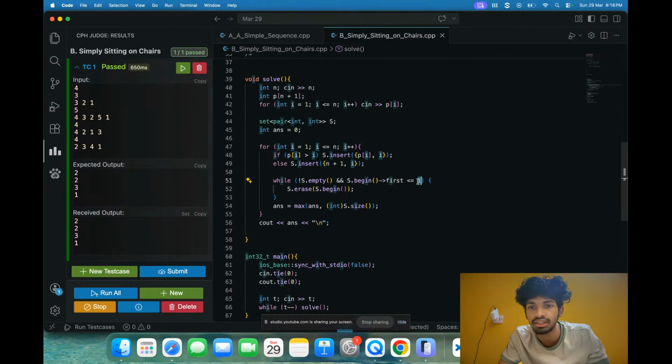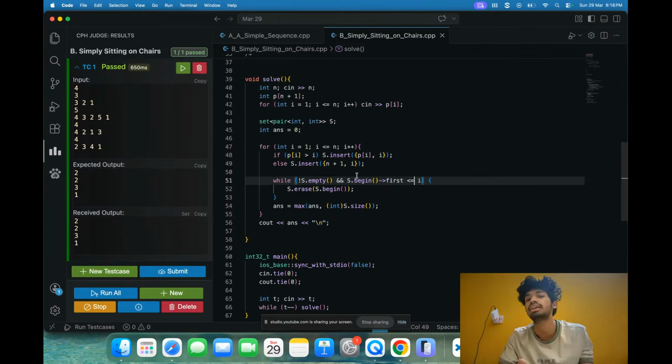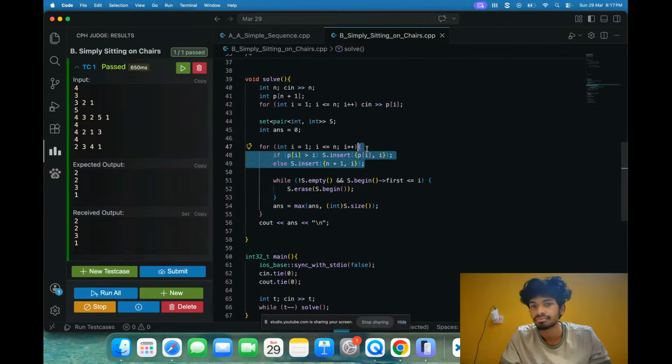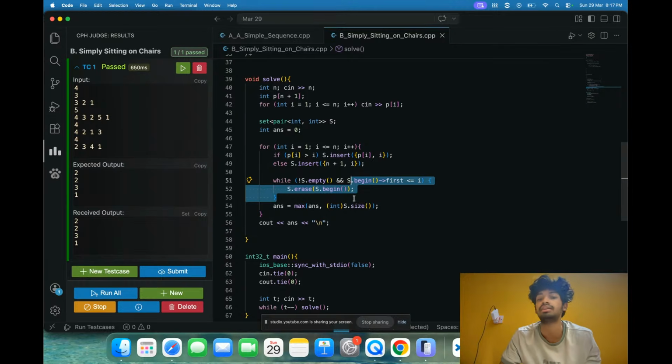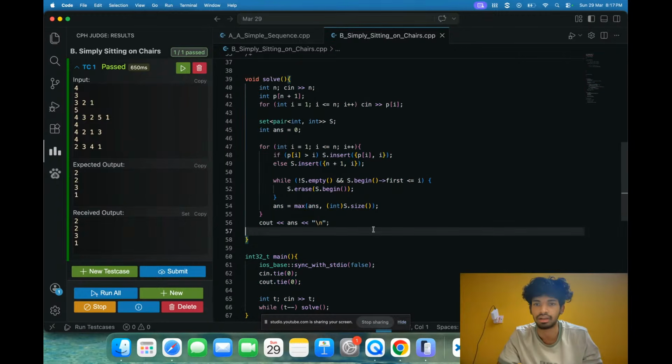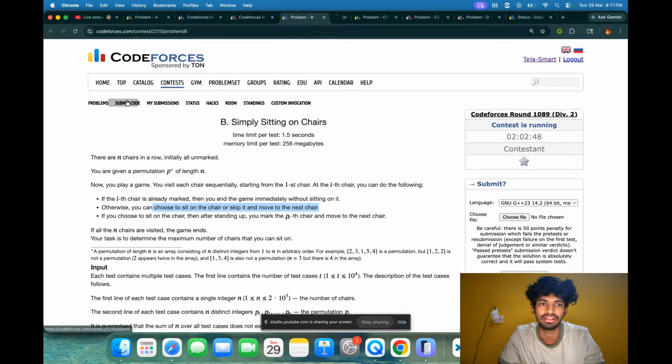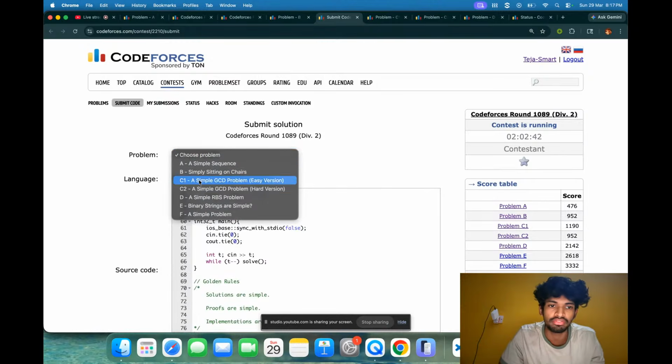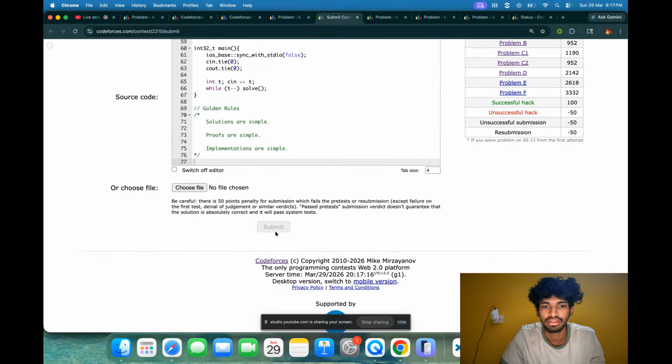Here my assumption is, if something is less than or equal to i, see, I'm touching till i, I'm marking till i is my assumption. So if I'm able to sit on things till i, okay, what does that mean? If I'm able to sit on things till i, if something is before that and if it is less than i, then you cannot reach that, you're removing such things. So this should be correct. I'm able to sit till i is my assumption here. I'm brute forcing on the point where I can sit. Okay,